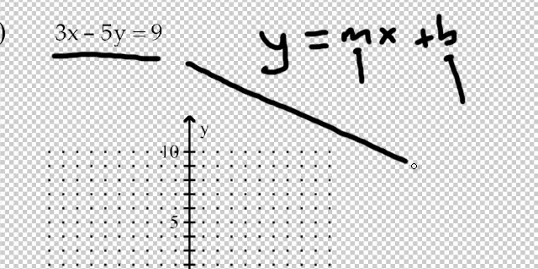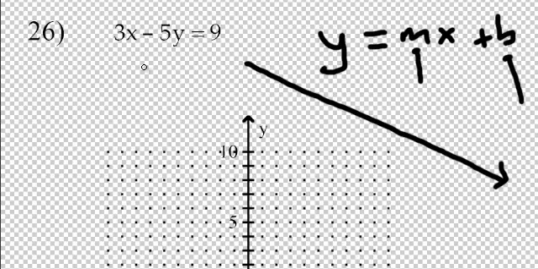So I'm just going to put an arrow down here. Right, let's have a look at this. Now, I want to get this y by itself. It's got a 3x next to it. How do we get rid of a 3x? We subtract a 3x from both sides. I'm going to subtract a 3x from both sides. It's gone from there. What's left is this: negative 5y